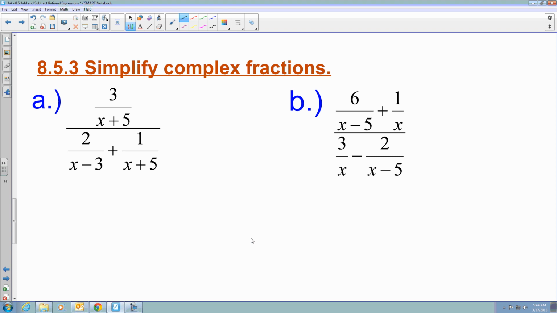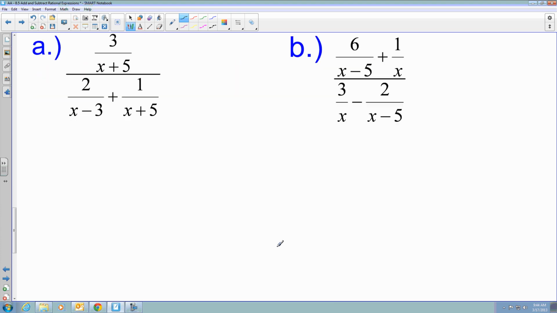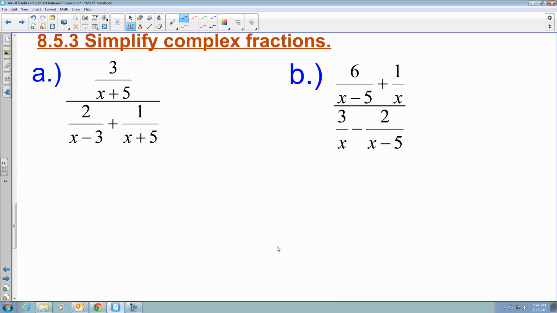First way, I'll do it the way that we had here in the little steps box. First thing they want you to do is find the LCD. So what I can do here is my denominators are x plus 5, x minus 3, and x plus 5. So my least common denominator would be x plus 5 and x minus 3. So what they ask you to do is multiply the top and the bottom by the LCD. So I'm going to go 3 over x plus 5 times x plus 5 over x minus 3,